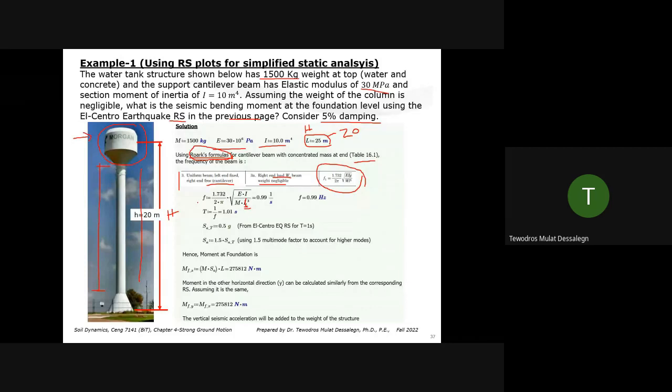If you do that, it gives you a fundamental frequency of the structure of 0.99 hertz. So the period is about 1 second. Period is 1 over frequency. Now, here is the trick. Once you get the period,